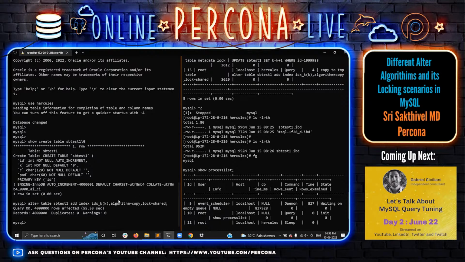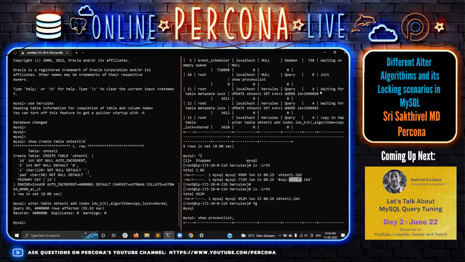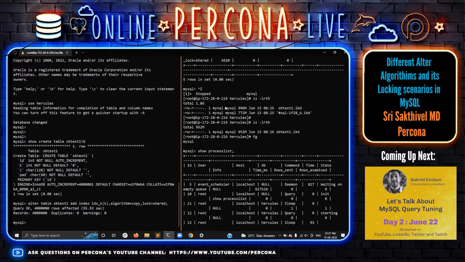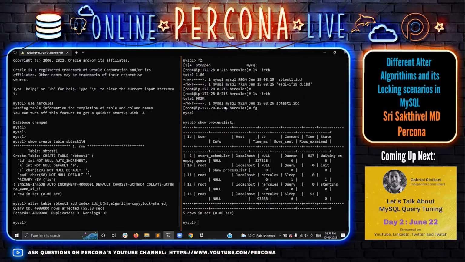Okay, so here what I would like to say is how the copy is working to create the new table. So here is a proof. It is creating the new temporary table, right? And here lock equal to shared means it is waiting for the metadata lock on the write statements. Okay, it will block only the write statements, so reads are allowed. Okay, so here you can see the update is waiting for the metadata lock, and here the next update is waiting for the metadata lock. Okay, so this is what I would like to say with this algorithm equal to copy and lock equal to